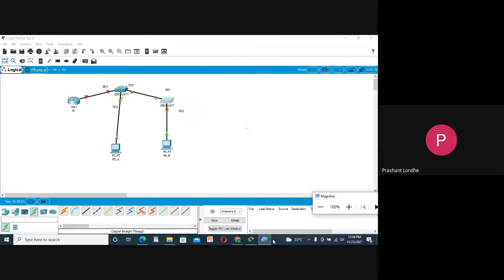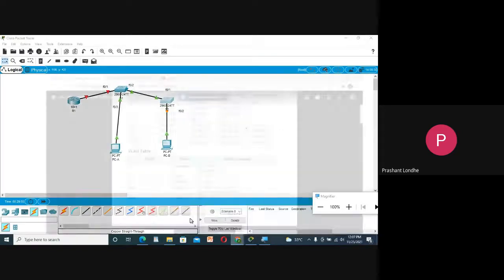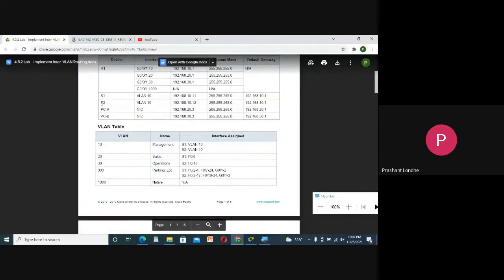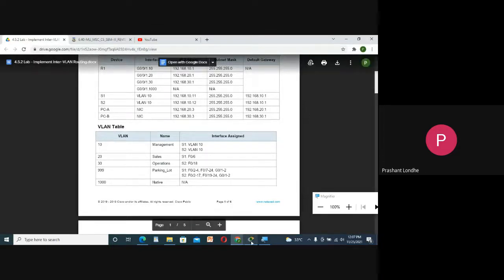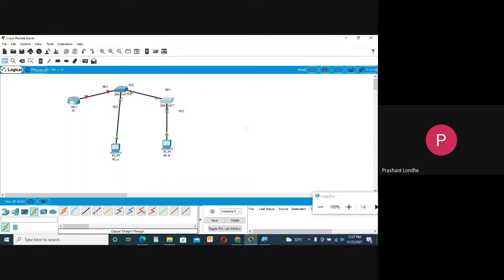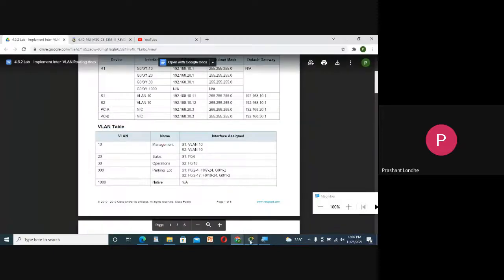Now let us go back. What is the requirement again? For switch S1, one command is going to the switch 2. We need to configure that command also. So let us start configuring that particular command. Let us go to the switch S1.